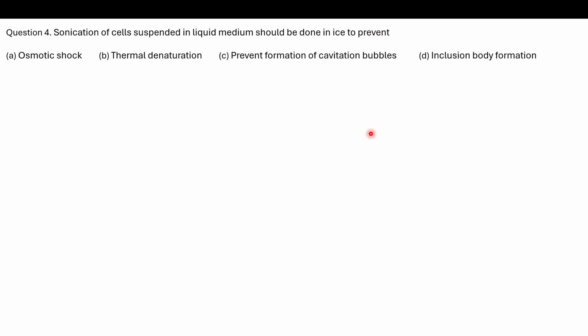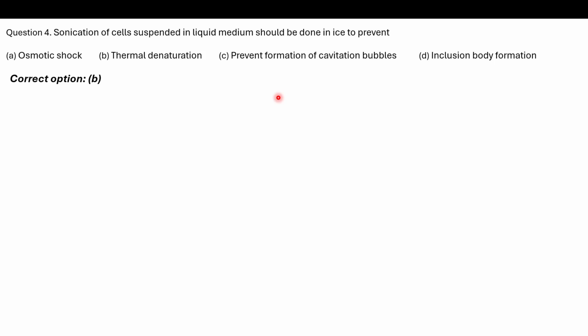Why? Can anyone answer? Just take a try also. It's okay. Yes, because these are really high frequency sound waves, so it generates heat, and then your protein can be prone to denaturation at high temperatures, right? So to prevent that, the whole cell suspension is kept